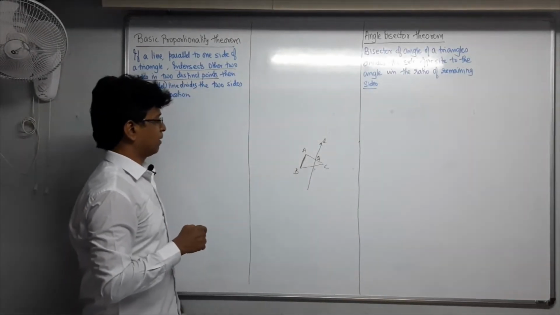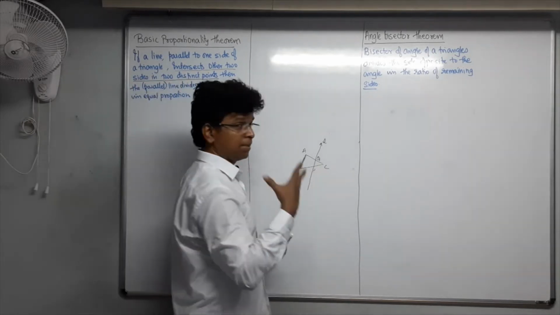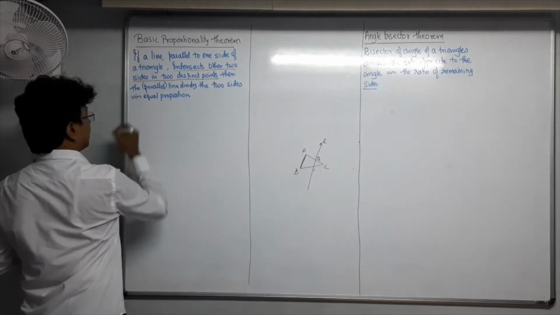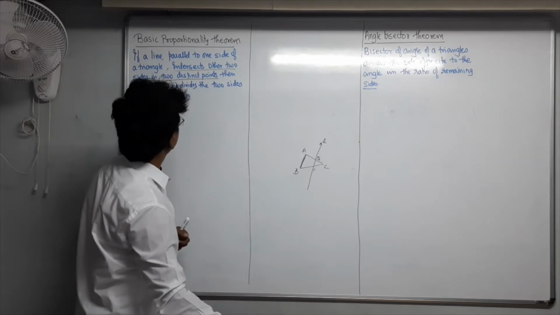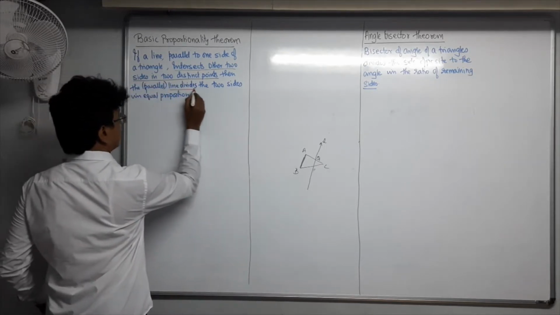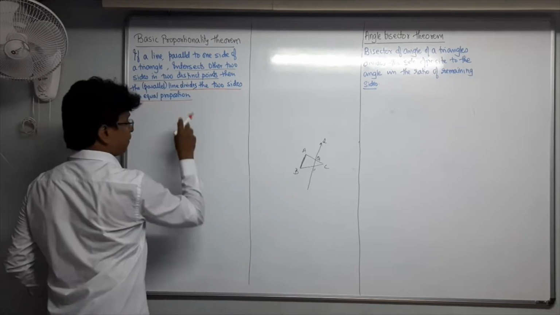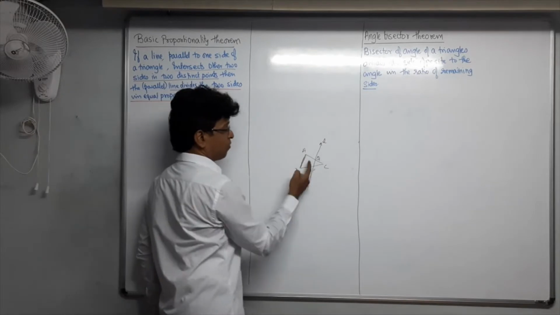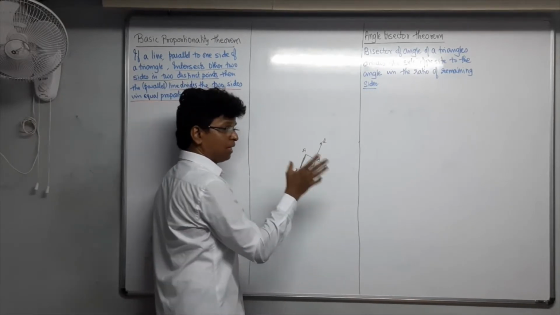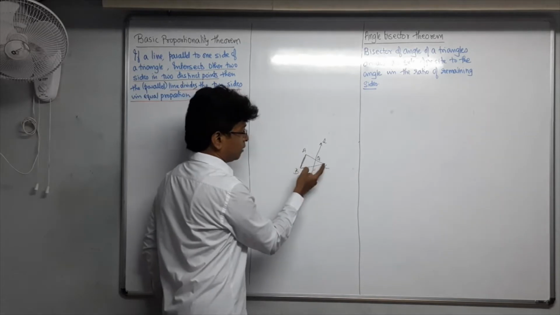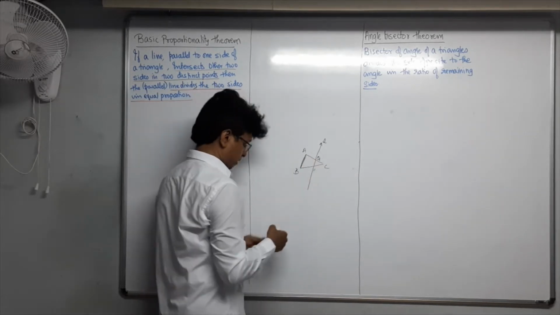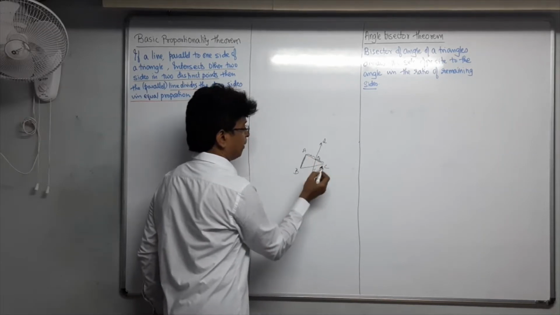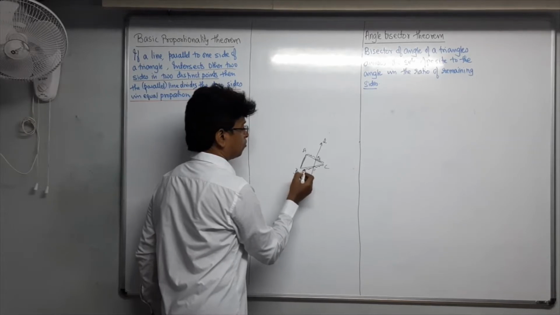Then what happens is that, sorry my dear students, the result now. What is the result? The line divides the two sides in equal proportion. In equal proportion means this line which is dividing the two sides, AC and BC, will divide them in equal proportion. Means you can come from here, CQ upon QA. Remember this, CQ upon QA will be equal to CP upon PB.